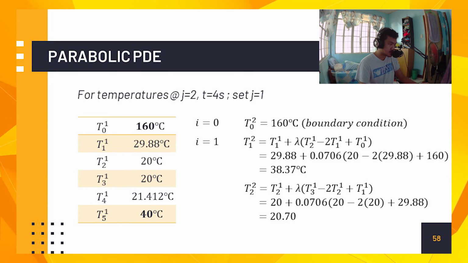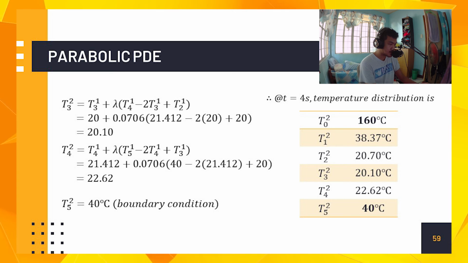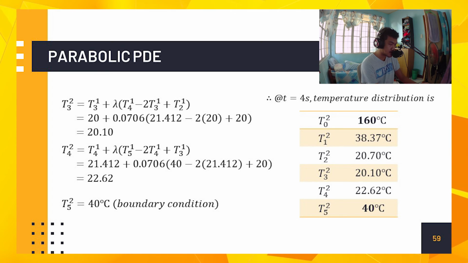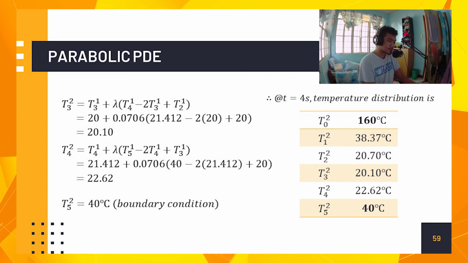And for T sub 3 raised to 2, it is equal to T sub 3 raised to 1 plus lambda times the quantity of T sub 4 raised to 1 minus 2 T sub 3 raised to 1 plus T sub 2 raised to 1, and that will equal 20 plus 0.0706 times the quantity of 21.412 minus 2 times 20 plus 20, and that will give